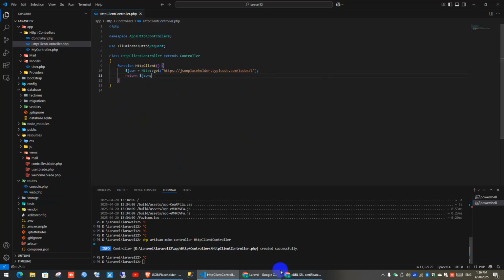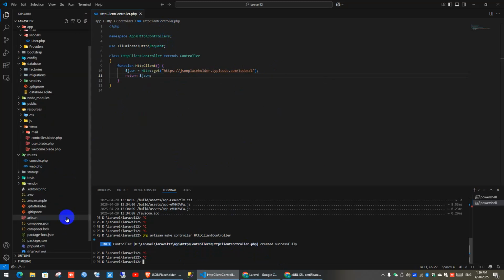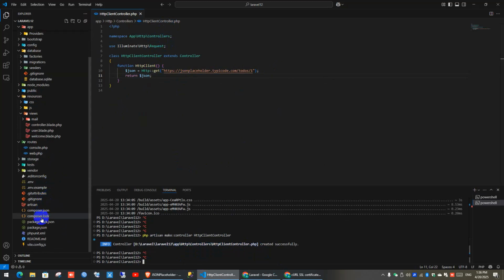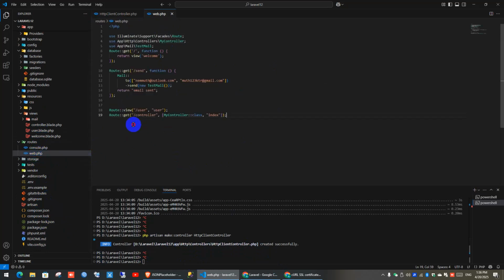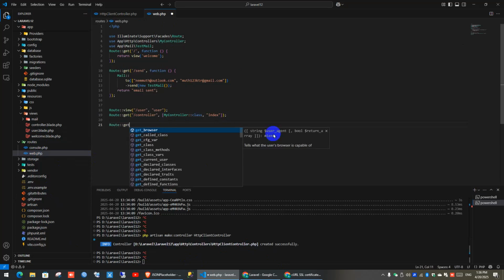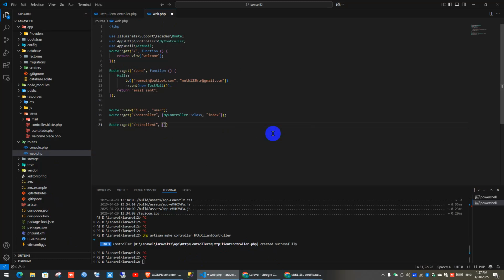Here we go. I have this controller. I copy it. I go to routes, web.php. So I need to write a route, Route::get, httpclient, and then this is a type function.